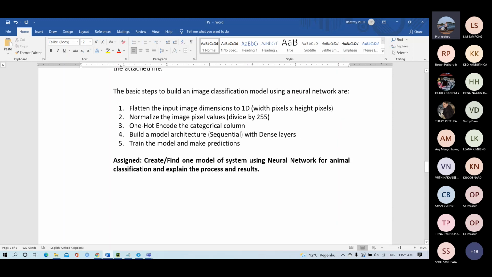So this is the data process document for implementation, and the basic process flow of this algorithm is, first of all, we convert the input image to one-dimensional data, pixel multiply. You know, this is the reason that I always show you. And then we normalize the image, because in a neural network the values work only from 0 to 1. So we have to divide by 255, because the intensity value of a pixel is from 0 to 255, to get the floating number.